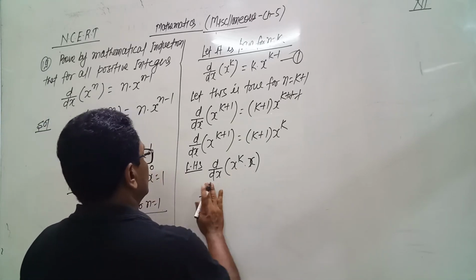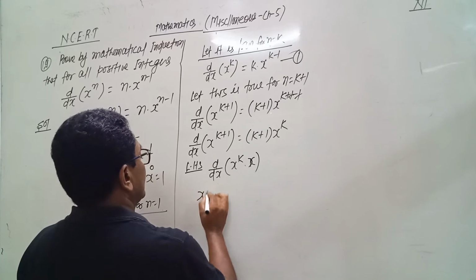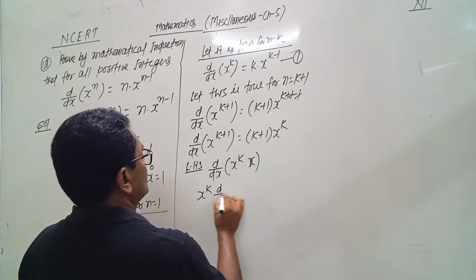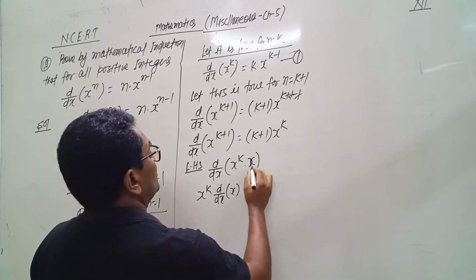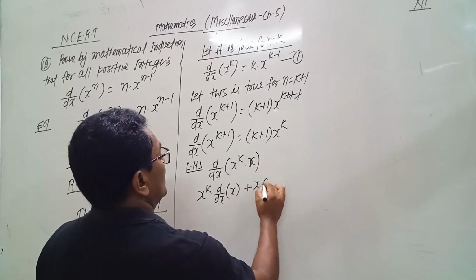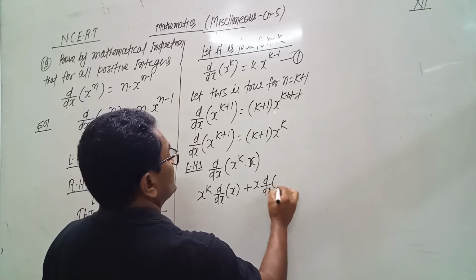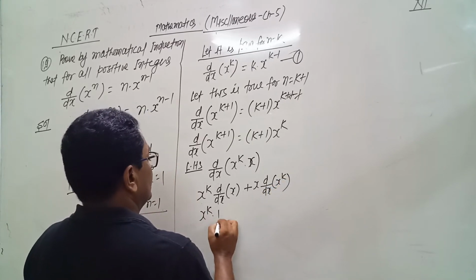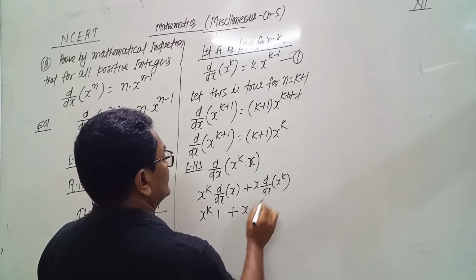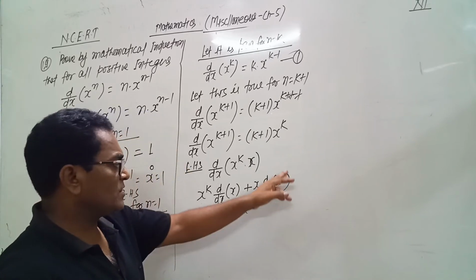So u as it is, meaning x raised to the power k as it is, and d by dx of x, plus v as it is, and d by dx of x raised to the power k. So x raised to the power k and differentiation of x is 1, x as it is, and